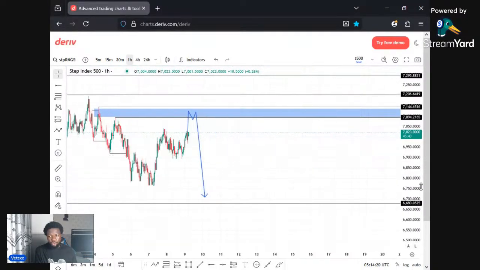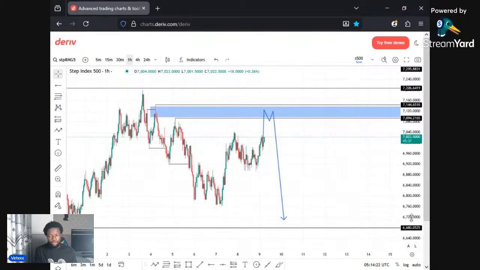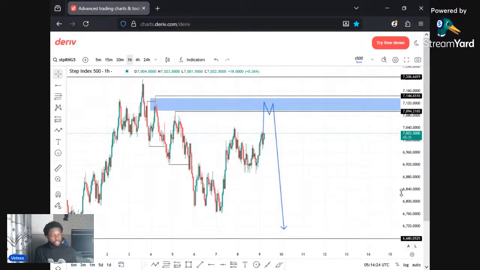But before you just jump into this, you make sure you wait for what? A confirmation entry. Confirmation entry is what will make you know that okay, the price is actually going to sell from there. So you look out for confirmation entry. So the next we are going to be checking is